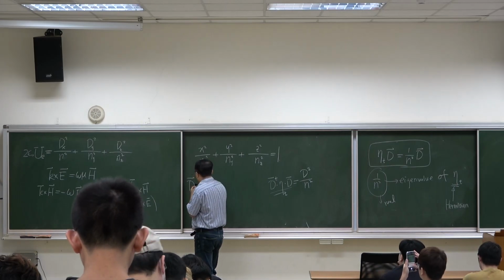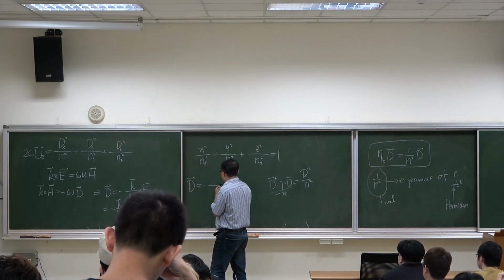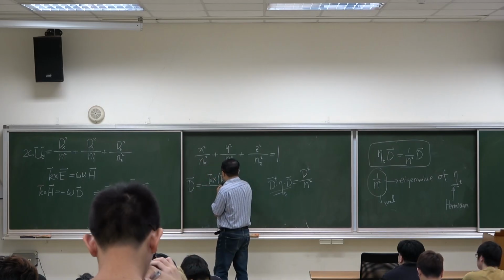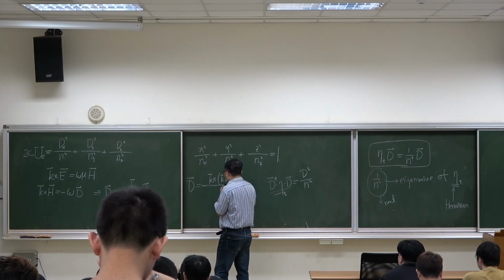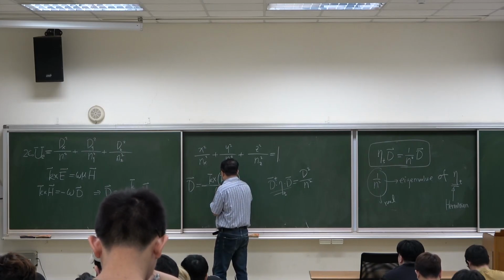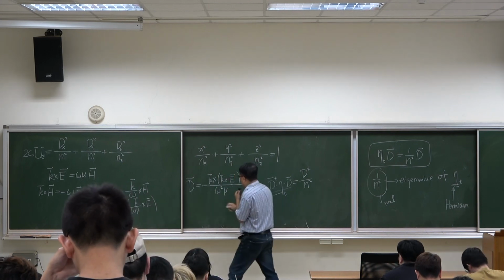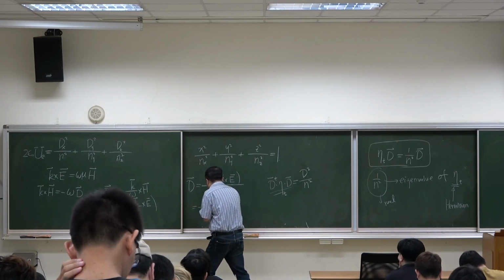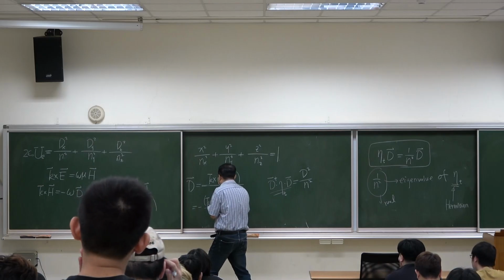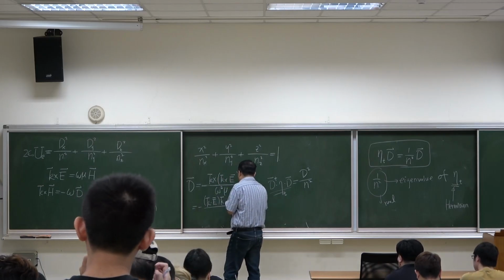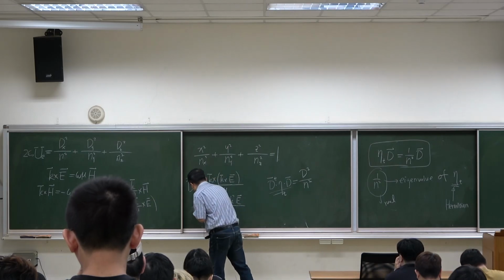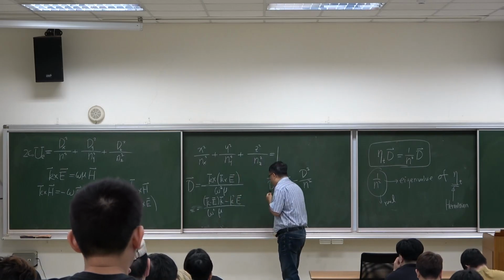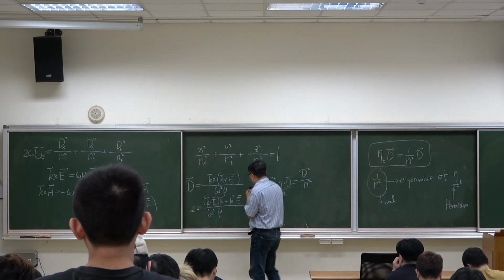So d is minus k cross e over omega square mu, and this is k dot e times k minus k square times e over omega squared mu. Okay? So if we now calculate